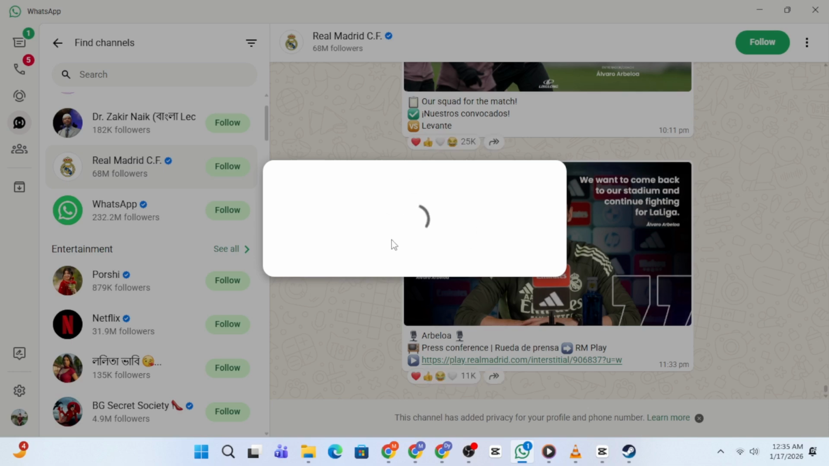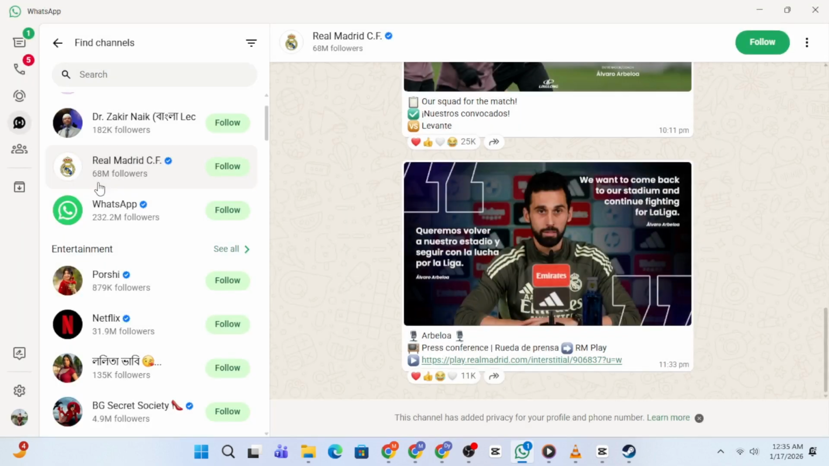At the top of the channel chat window, you'll see the channel's name or profile picture. Click on either one. Once you do that, the channel information panel will slide open on the right side of your screen. Here you can view important details such as the channel description, rules, admin or contact information, and other relevant details. This update makes it much easier to understand and manage channels directly from WhatsApp Web, especially when following